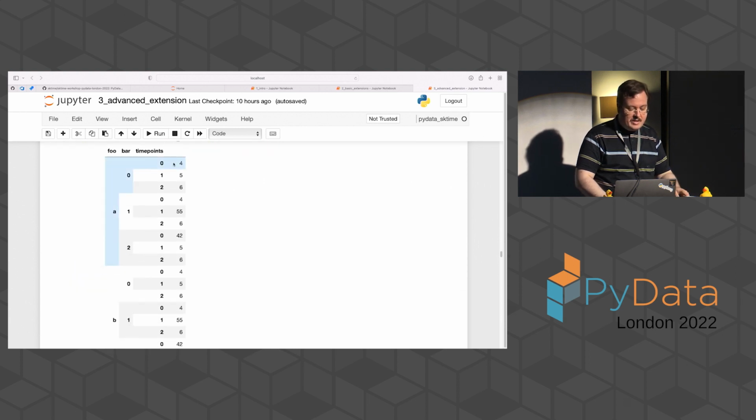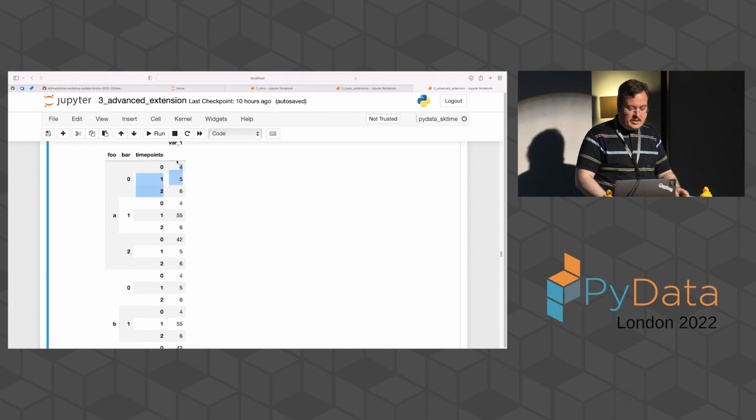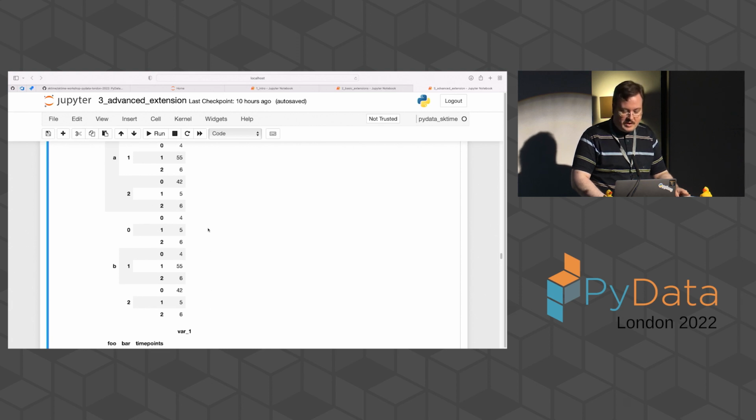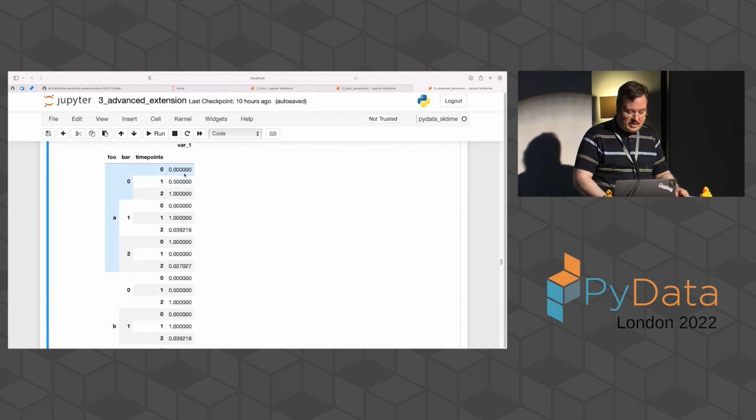Let's say we have this hierarchical data container and we apply the min-max scaler that we implemented. It has here values 4, 5, 6 and 4, 55, 6. In the first series here, it will scale the 4 to 0 and the 6 to 1, and in the second, the 4 to 0 and the 55 to 1. But what we might want to do in this case, actually, is scale the 55 everywhere to 1 and the 4 everywhere to 0. Now, the default behavior is, as I've said, the scaling happens individually per